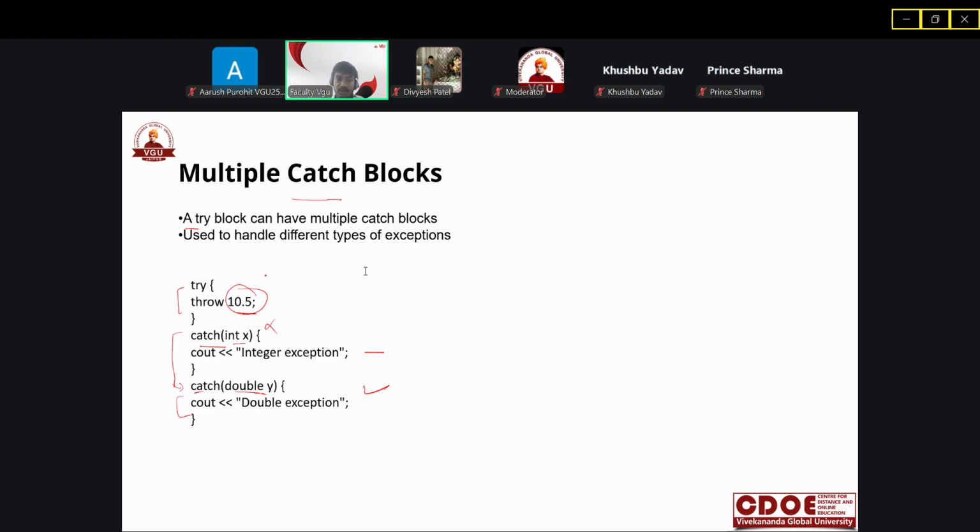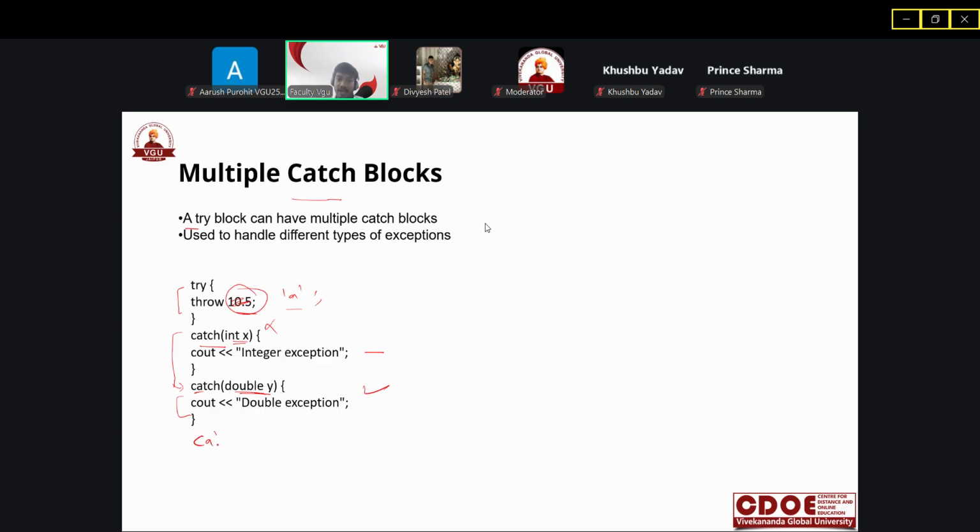Suppose we throw a character, like A. Then what will happen? One catch accepts only an integer exception, and another accepts only a double type of exception. But we are throwing only a character type of exception. So what will happen at that time?